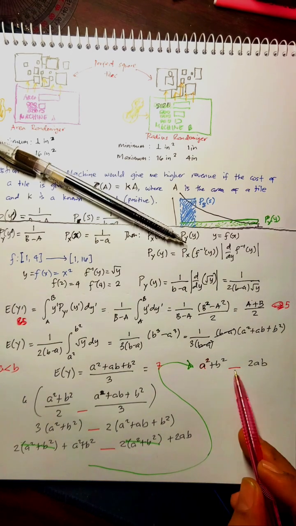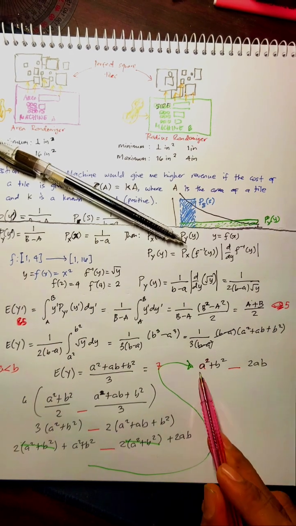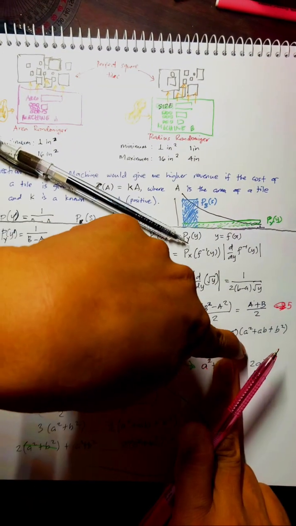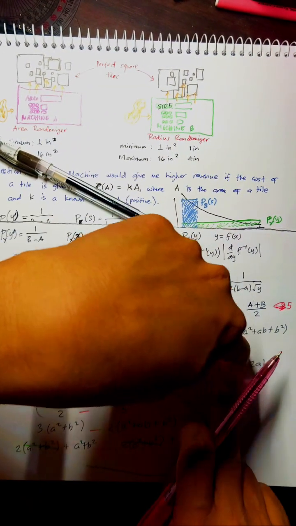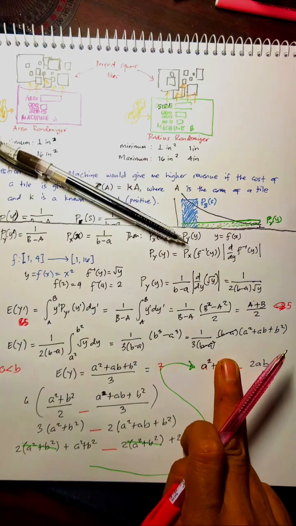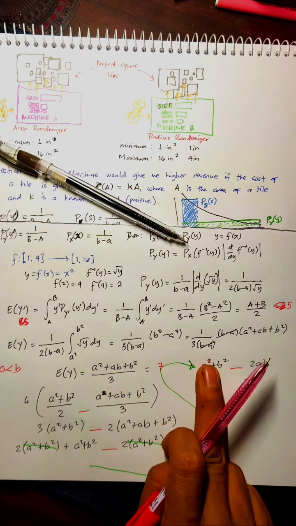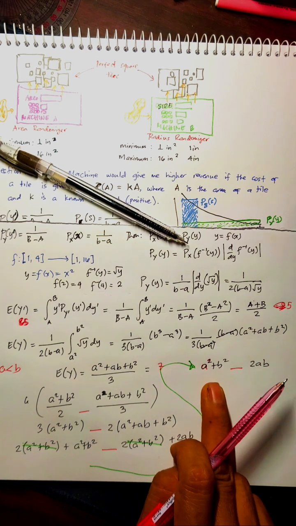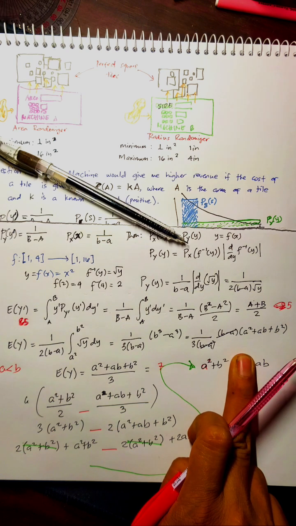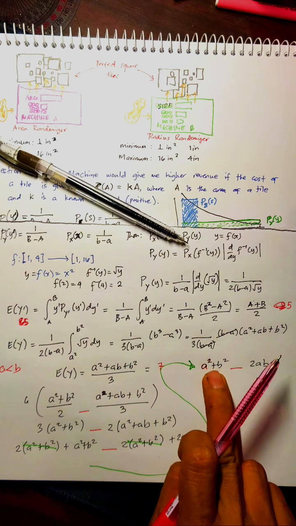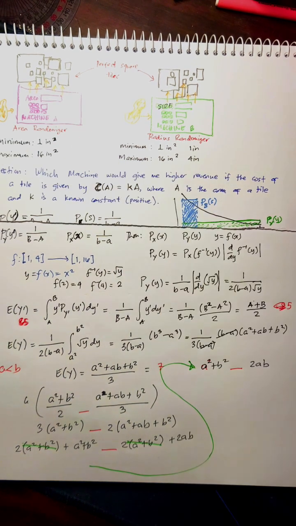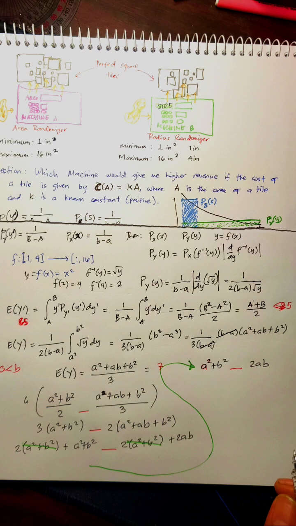Because what we are certain of is that without the 2, the inequality would hold here, meaning that A squared is clearly less than 2AB. But we put 2 here. If this is only AB, then we are certain since AB is in the middle of A squared and B squared. But how do we solve this?